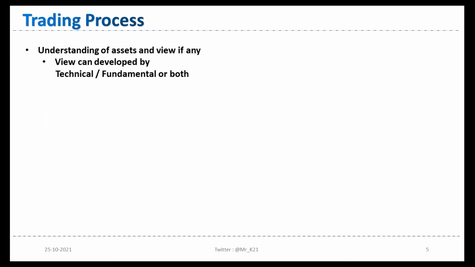If you want to be in the trading business, you have to trade or invest with your own view. Then you have to identify your risk profile. Say, for example, you are very high risk, then you should trade in derivatives. If you are a very low risk taker, then you should follow equity rather than derivatives. Many people are confused about their risk profiling, whether they are a high risk trader or a low risk trader.